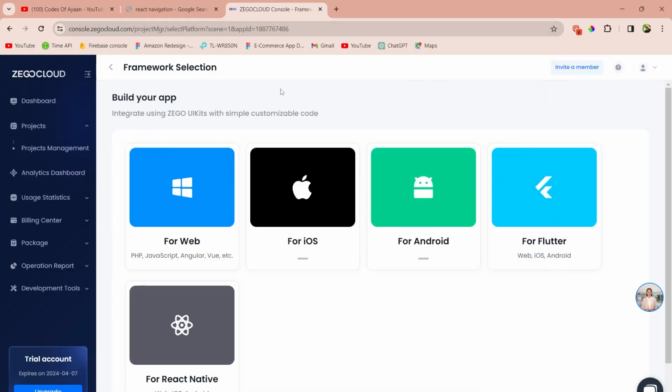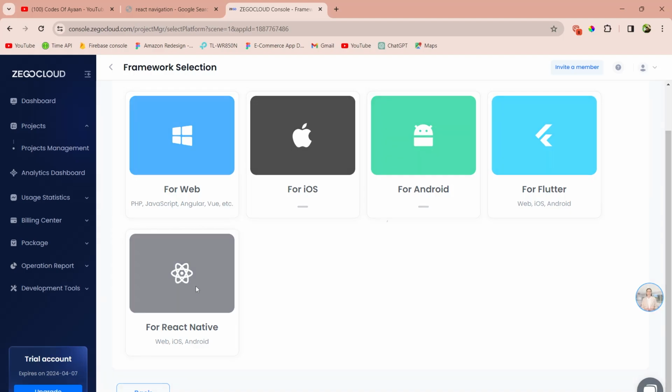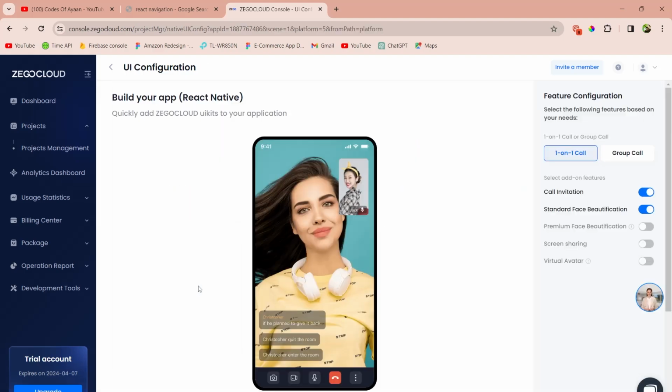Once your project gets successfully created, this is the screen you will be able to see. Build your app in which version, like for web, iOS, Android, Flutter and React Native. Right now we are using React Native, right? So let me select this, okay? React Native you need to click on, and there are feature configurations also available, like added advantages, like if you want to select one-on-one or group call. If you want to implement the functionality of a group call, then you need to select this one,